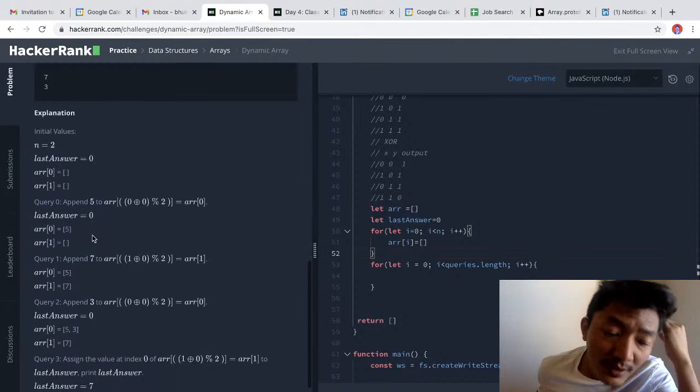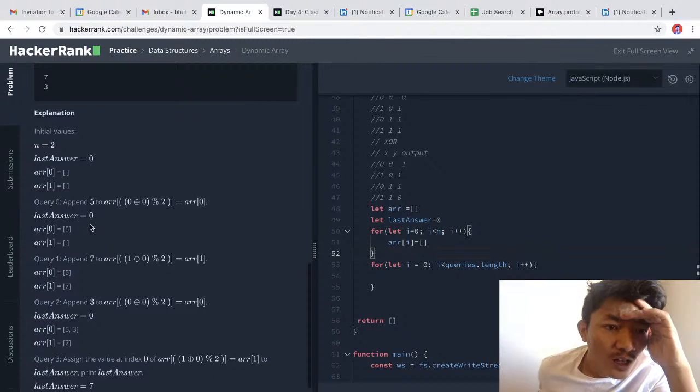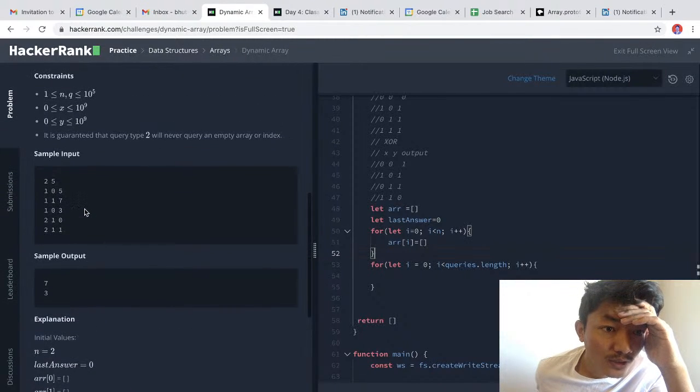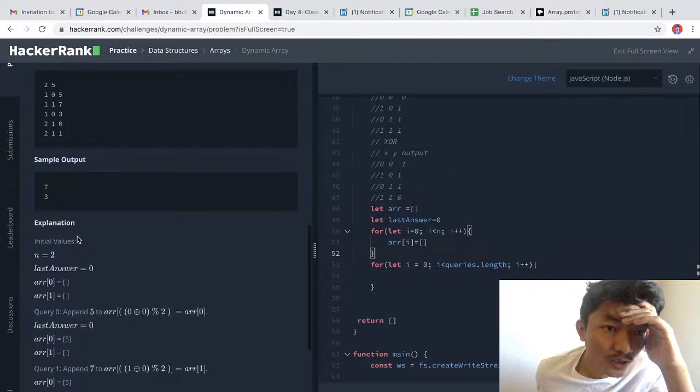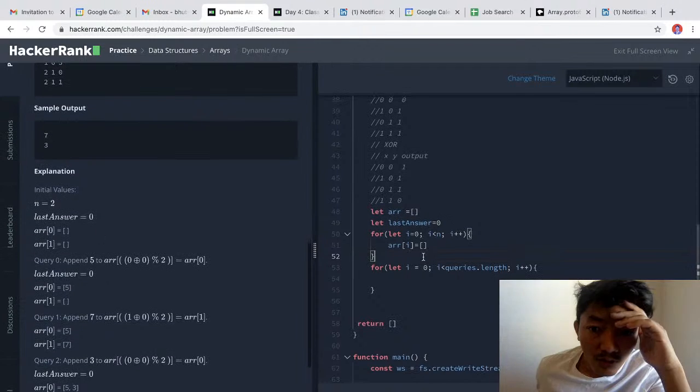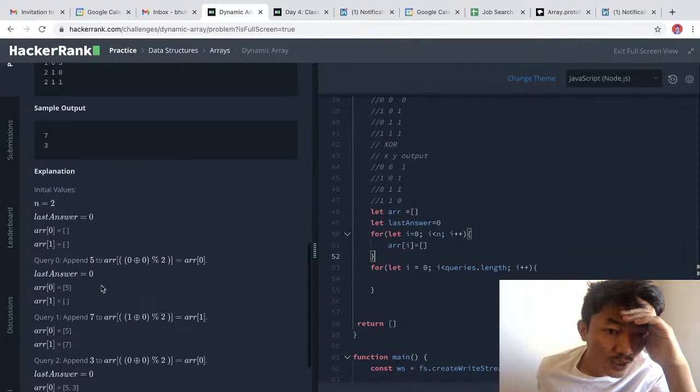Okay, so this is the last answer, and the query. So when query is 0, okay, so let's see, query at 0, our i of this thing is